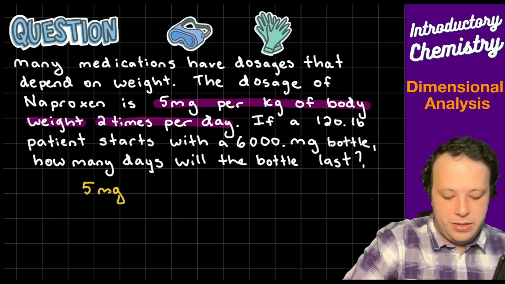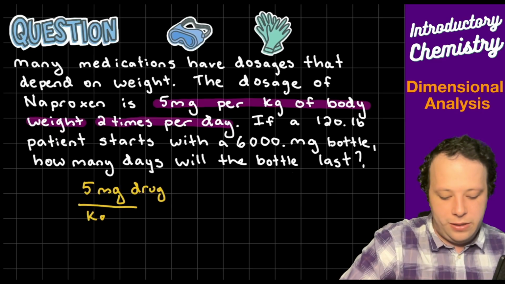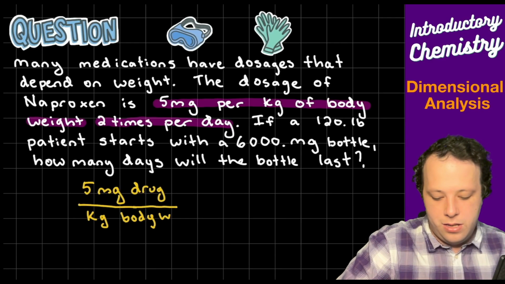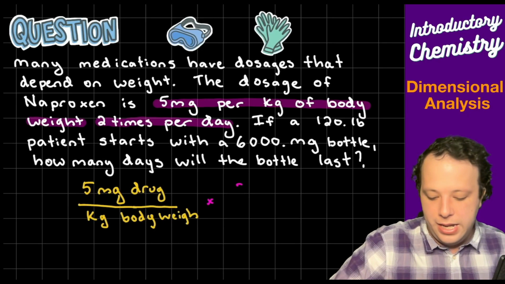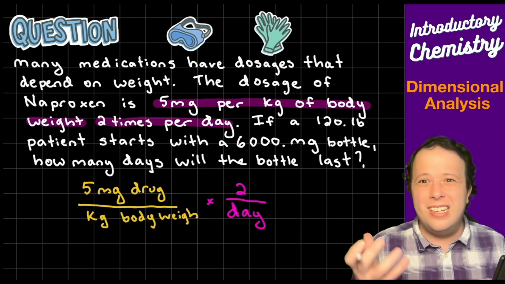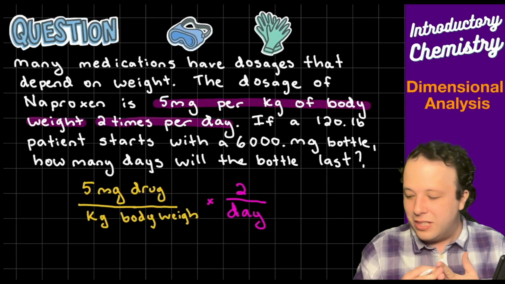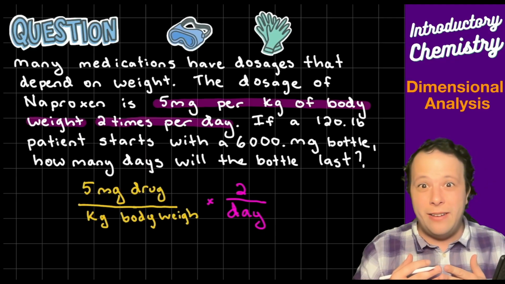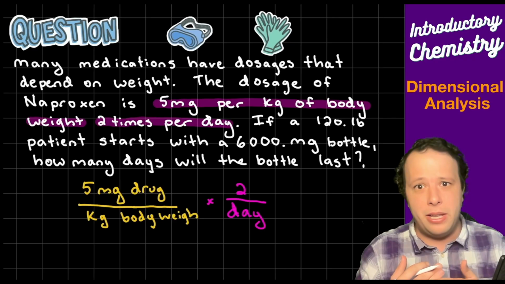5 milligrams of the drug, so we'll put 5 milligrams of drug per kilogram of body weight. And what we're doing is we're doing that 2 times per day, so we'll put that as a times 2. The whole idea is this is a unit that you have to mash together and derive for yourself, it looks like. So we're going to potentially use this to derive something. This is going to be a multi-step problem whenever you see something that complex.